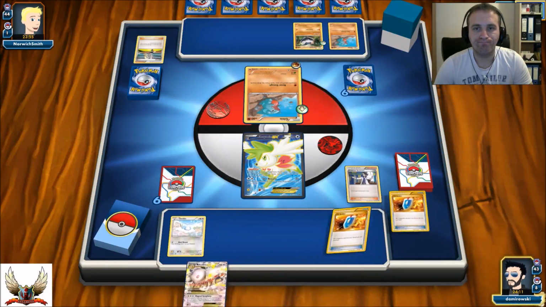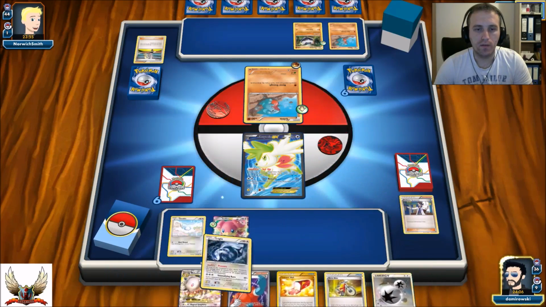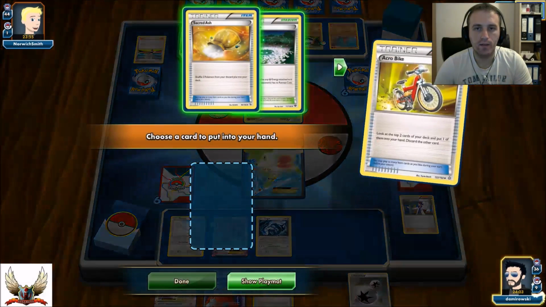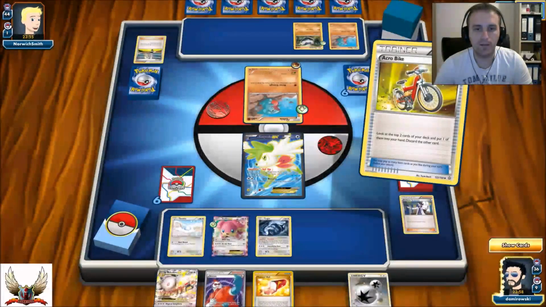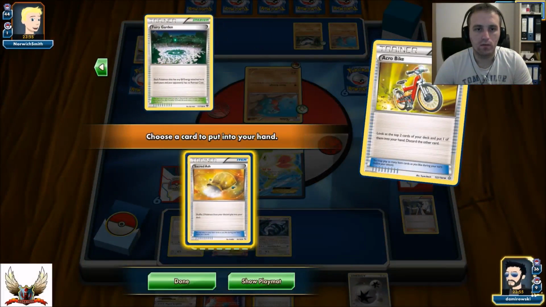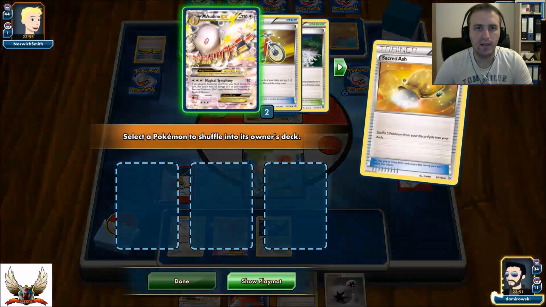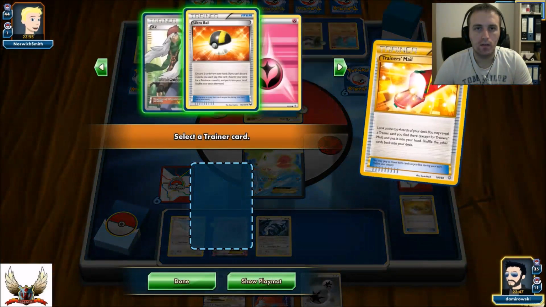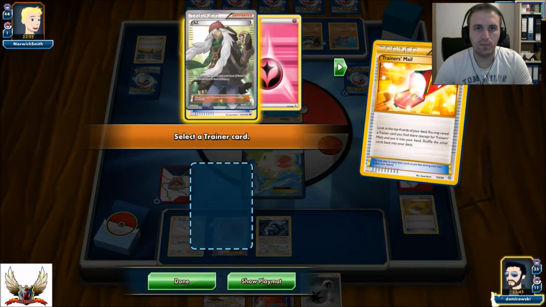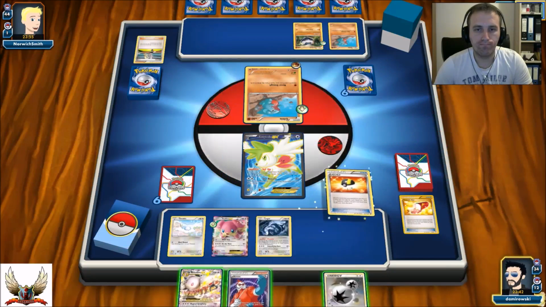Sycamore for 7. Alright, there's an Audino, there's a Lugia, there's also Acro Bike. Acro Bike for Secret Ash, and yeah, I guess I don't need Secret Ash. Or maybe it's better to grab that Secret Ash in my opinion, to put back that Mega Audino into the deck. Trainer's Mail for AZ. I already played a supporter card, so I'm looking forward to grabbing that Ultra Ball. Yet again, Ultra Ball for Xerosic and Mega Audino